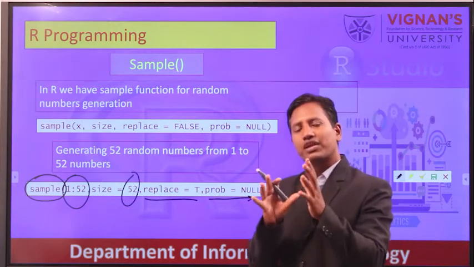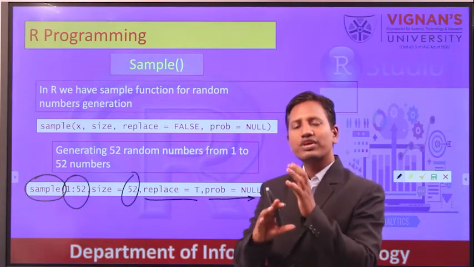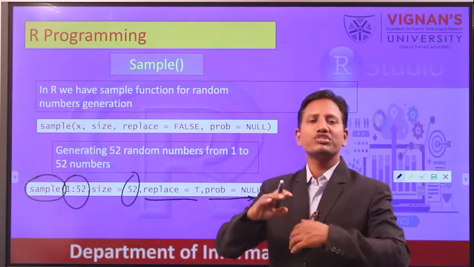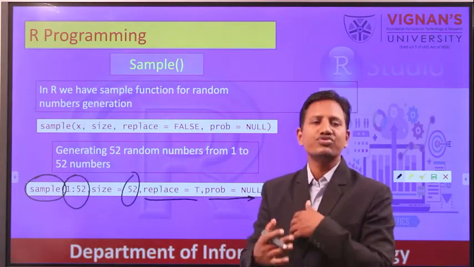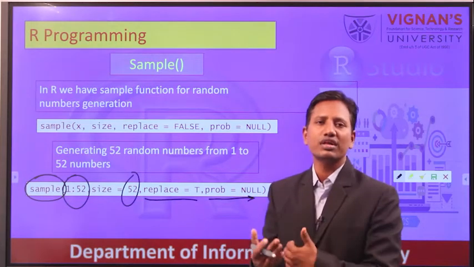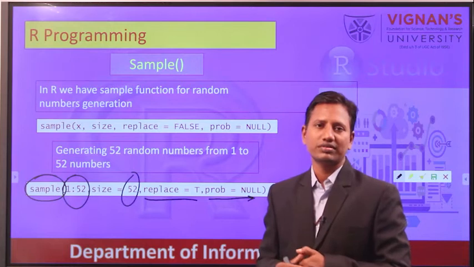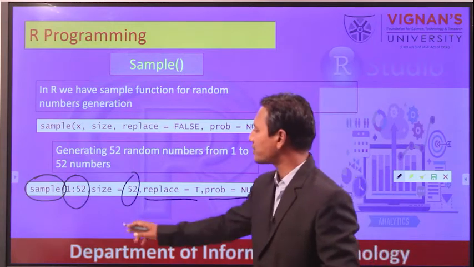From that 52 we wanted to generate 52 cards randomly, in the sense that we are going to change the order. To change the order, we are using the sample function which is available in our environment by this command.